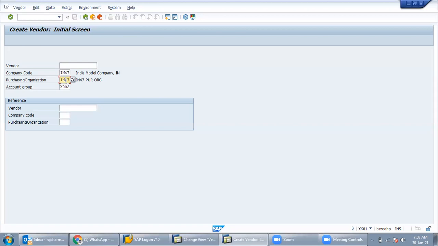So what part is your responsibility? That I will show you, but together I will also make you aware of what is the FI part and what is the SD part. So in real time, you do not get confused when somebody tells you the system gets an error and you are finding out why. That should not happen in real time.